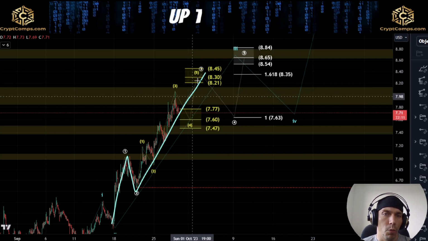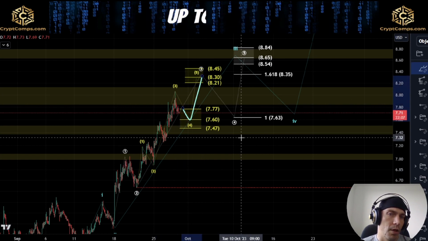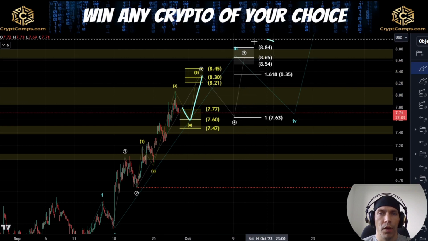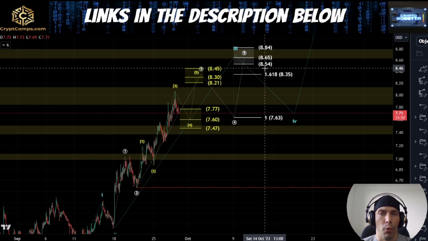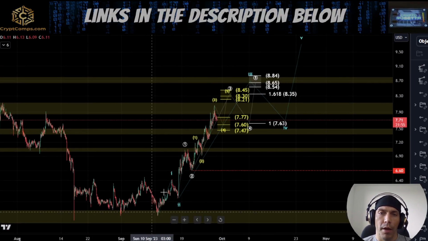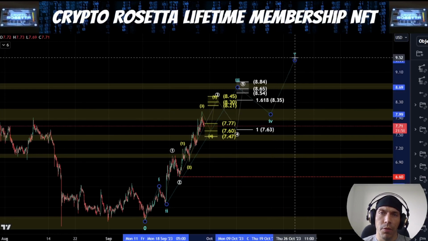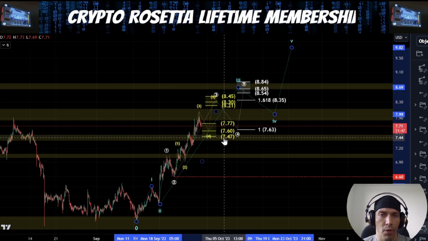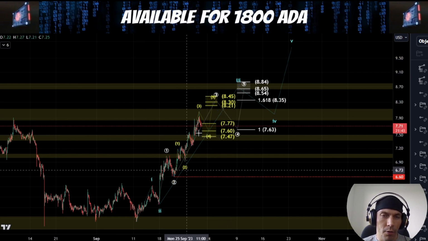If we move up in the yellow count as we have it shown here, this would then align with that idea. And then we'd be looking for another 4th wave and a 5th wave to the upside, which could push us up towards this 884 to this 854 level. Then within this whole idea here, we would still have the blue 4th and 5th. So it's going to be very important here that if we continue to hold these previous 4th wave areas, this 747 is going to be our key zone at the moment,